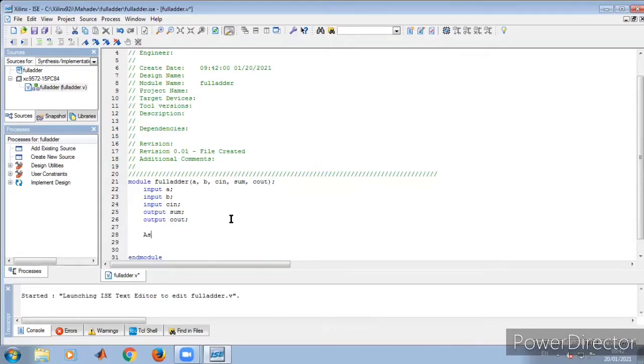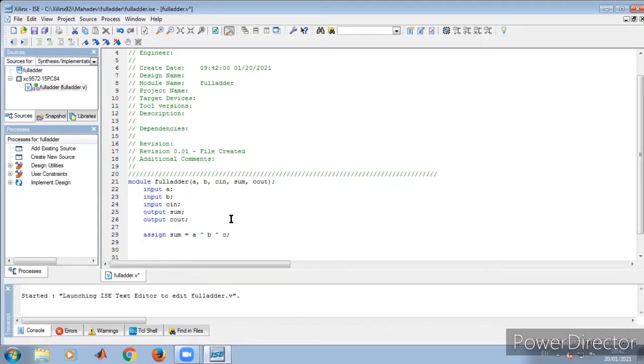Now we have to write the program, and for writing the program, we know that the assign statement is the best one. So assign, keyword, sum is equal to A XOR B XOR C. So we have written the sum operation.